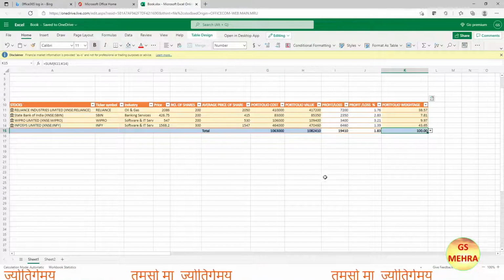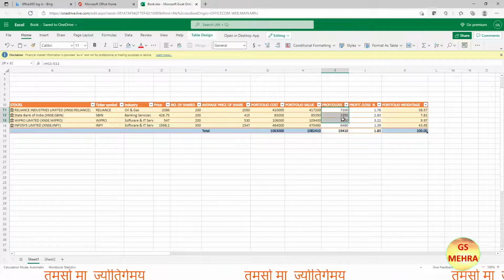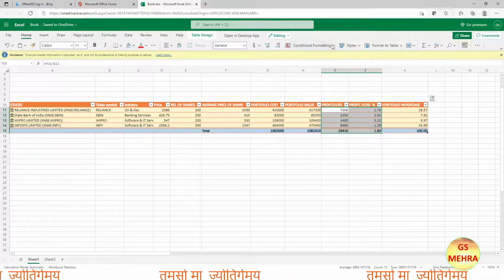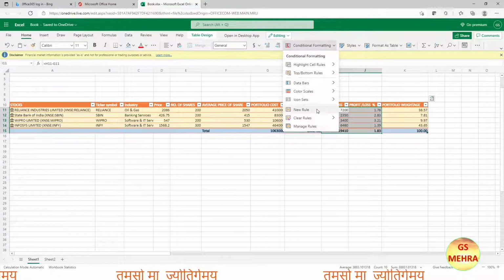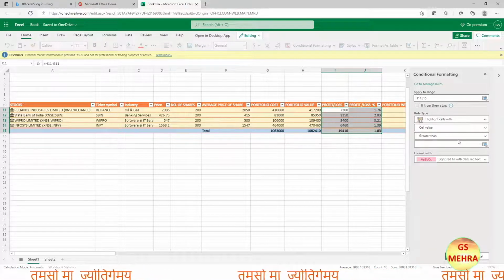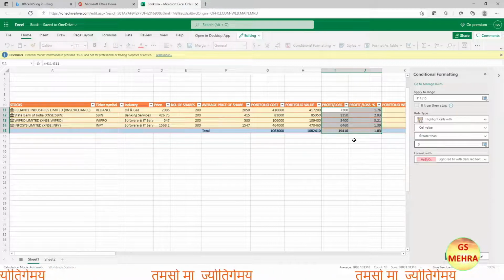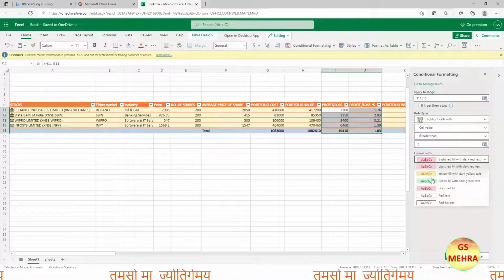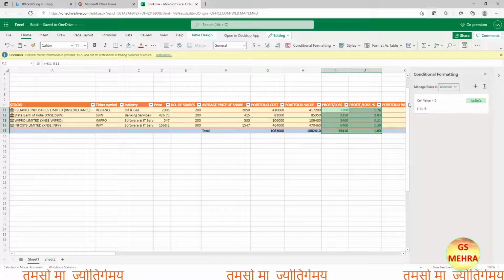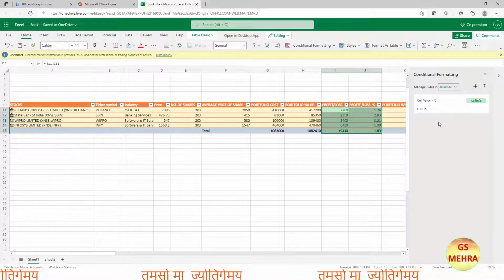In this portion we'll be doing conditional formatting. For that we'll go in conditional formatting, and from here we'll go in the new rule, and here greater than. For this profit or loss, when the number is greater than 0, we'll click on green color, so it will become all green. You can see that, because all of them are in profit. Now next let us do some more changes. We'll add one more rule.